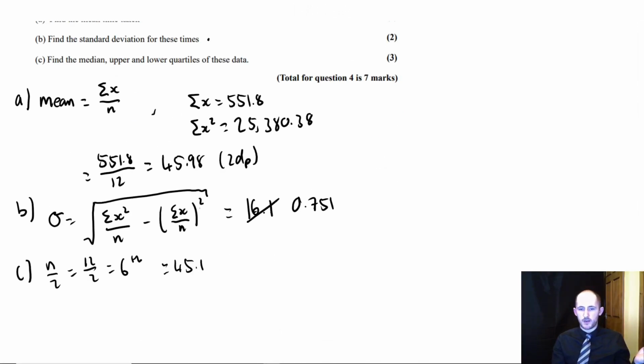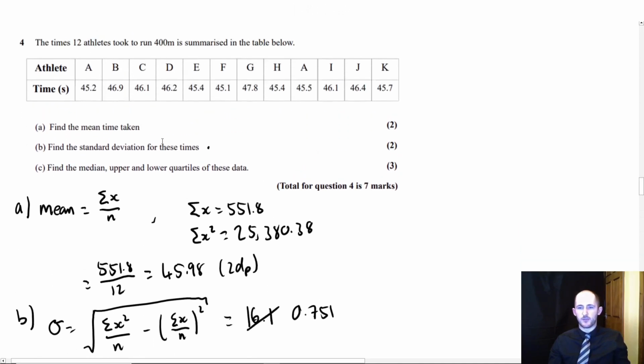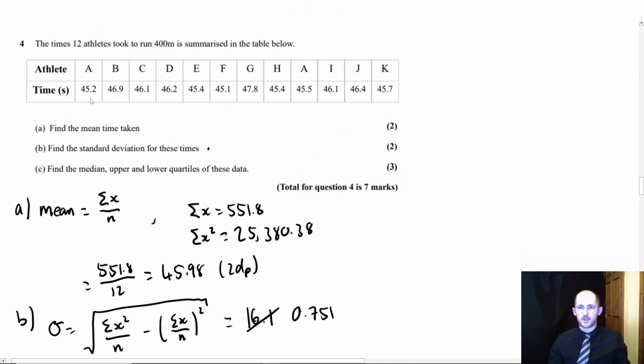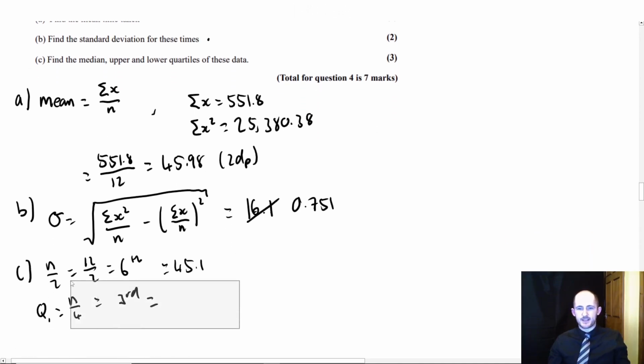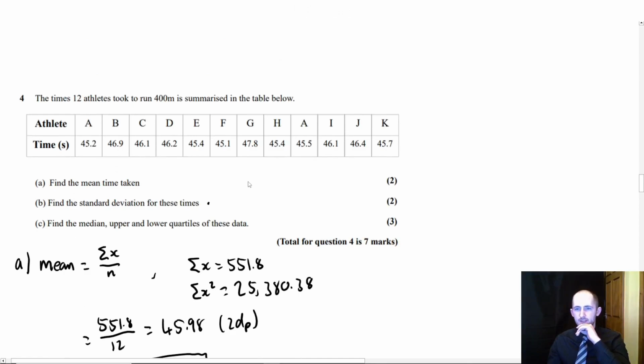The lower quartile, so we call that Q1, is n over 4, which is going to be the third value. 1, 2, 3. So technically we'd need to put this in order first, but this is essentially what you do, right? You have the data in order and then you count them along. Okay? So ordering that data, bit tedious, not gonna lie, but we can do it. Depending on whether or not you want me to do all of that, so